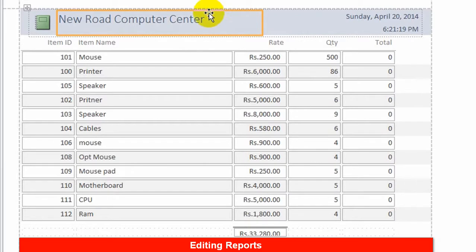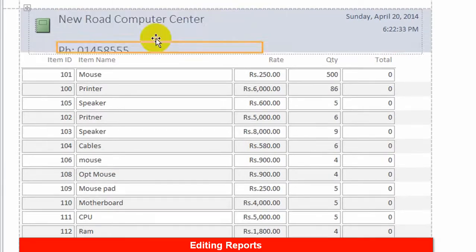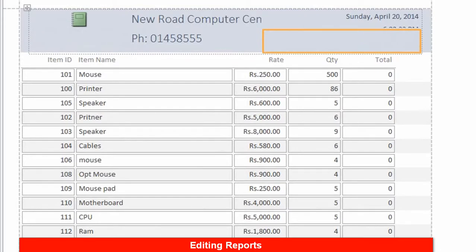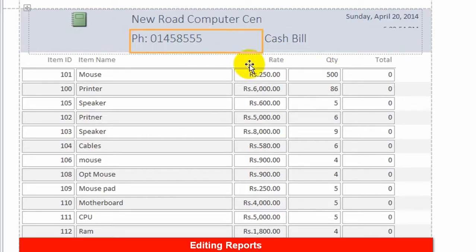Okay, this is the title. Or you can also add more titles. You can add another label also. For example, just drag on the workspace. You can type like cash bill. Okay, so this is just a normal